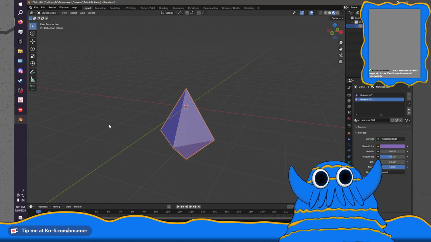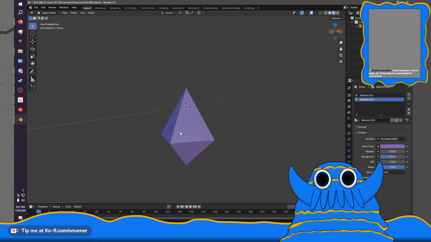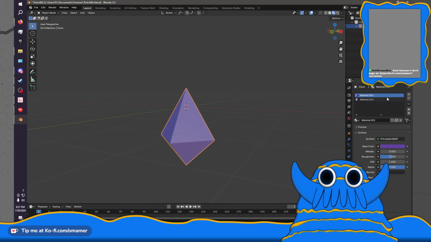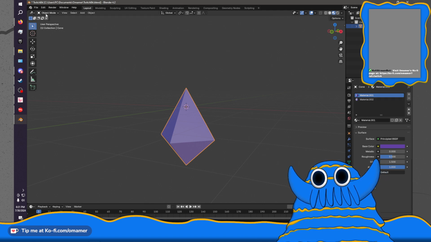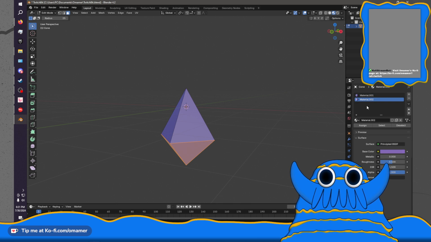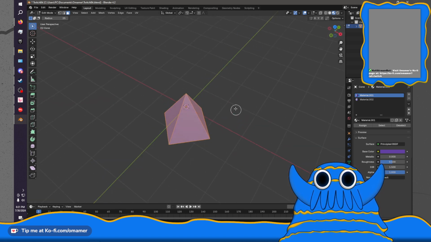Now if I go back into object mode, it assigned the whole thing. Points assigned, and then go back up here. Because technically I never assigned these points, so...